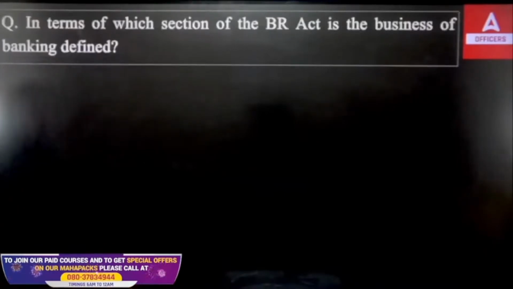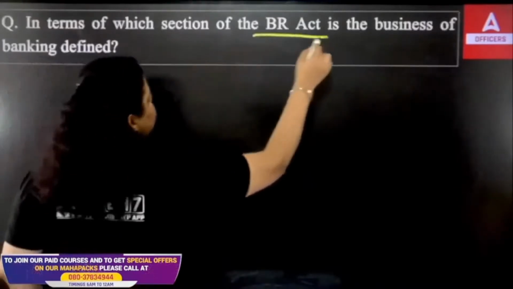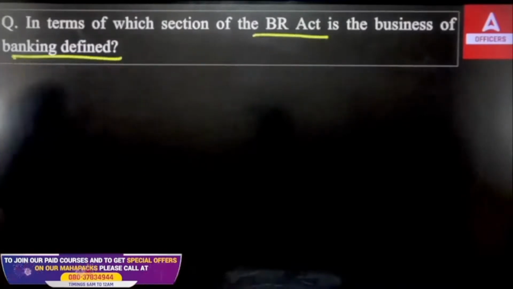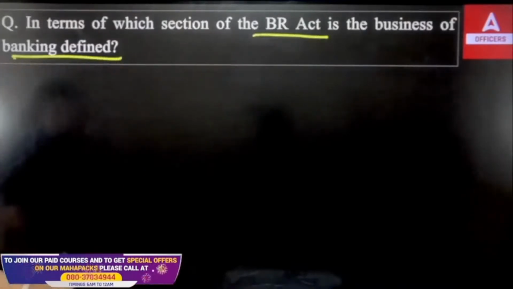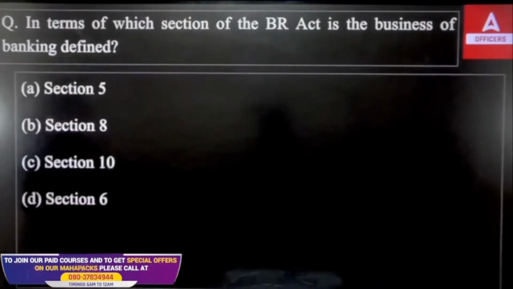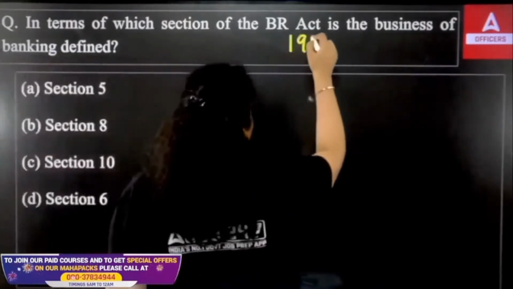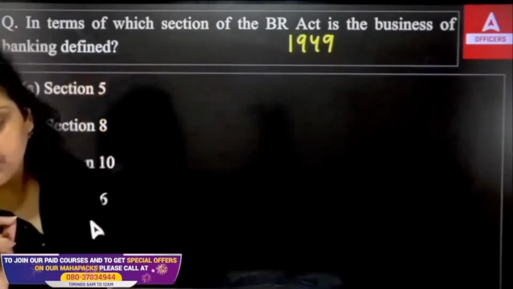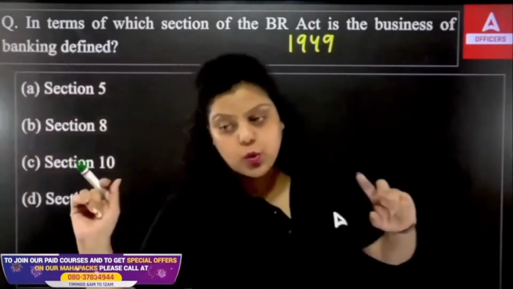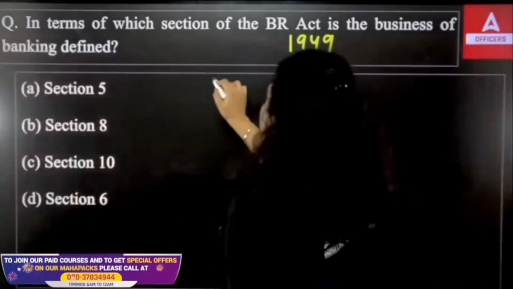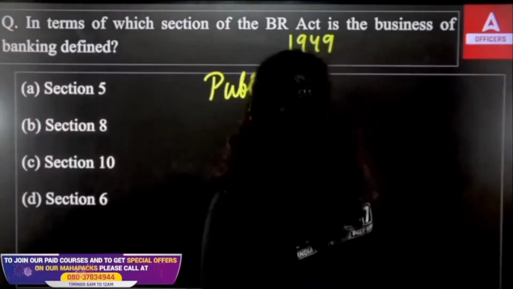Now, in which section of the Banking Regulation Act is the business of banking defined? The sections in front of you are 5, 8, 10 or 6. The Banking Regulation Act was introduced in the year 1949. Now, what is actually the business of banking? Let me know which option is correct, and I will tell you what the business of banking is. Business of banking is accepting deposit from public